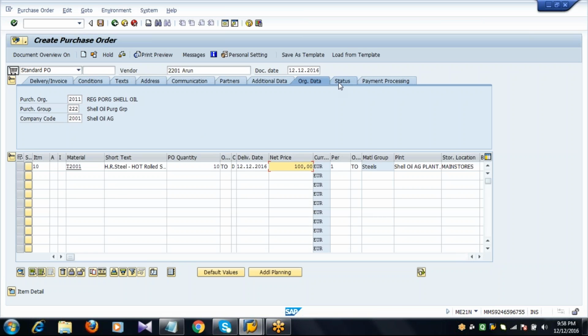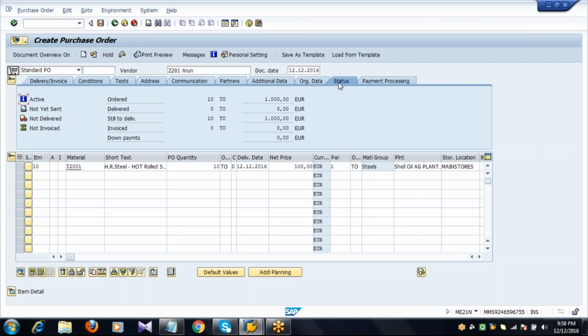Now, if you see the status of the purchase order, it displays as ordered. It means you have ordered the material, and it is still to be delivered. It means you still need to receive the material. So far you have not received it.